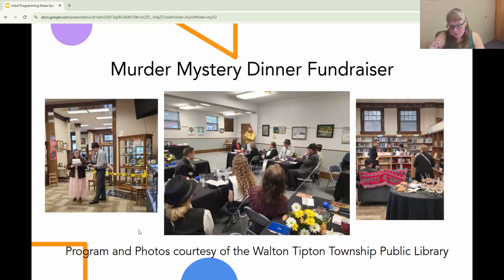And I think they did streets instead of rooms, like what street they were killed on. So it was a really fun evening that they were able to not only partner with the community, but also make some money for the library to keep doing different programming and things like that. So I thought this was a really fun idea that I think you can kind of adapt for